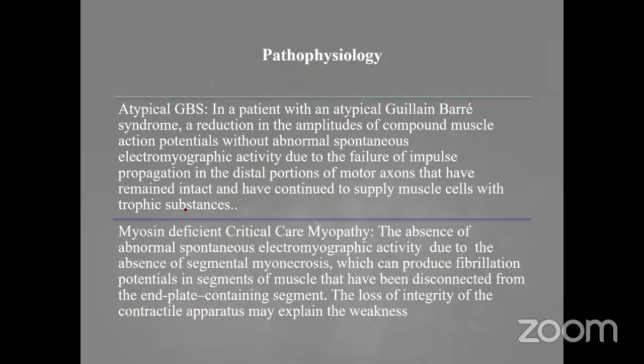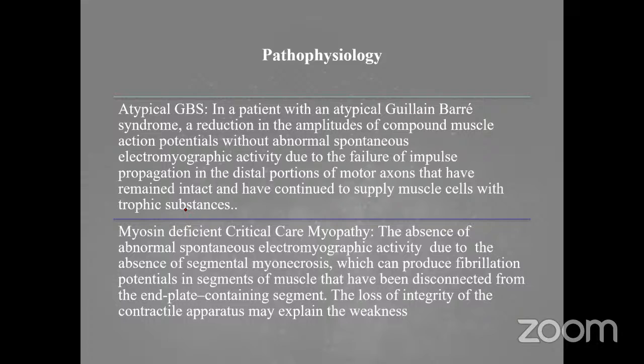So let's go on now. On the pathophysiology, we'll see various disorders. In atypical Guillain-Barré syndrome, a patient with atypical GBS has a reduction in the amplitudes of CMAPs without abnormal spontaneous EMG activity, which is due to the failure of impulse propagation in the distal portions of motor axons that have remained intact and have continued to supply muscle cells with trophic substances. So if it is a GBS and it is only the nerve conduction, the large fiber affliction, then the muscle won't atrophy. But in the axonal variant, the muscle atrophies because the axon is interrupted and the continued supply of muscle cells with